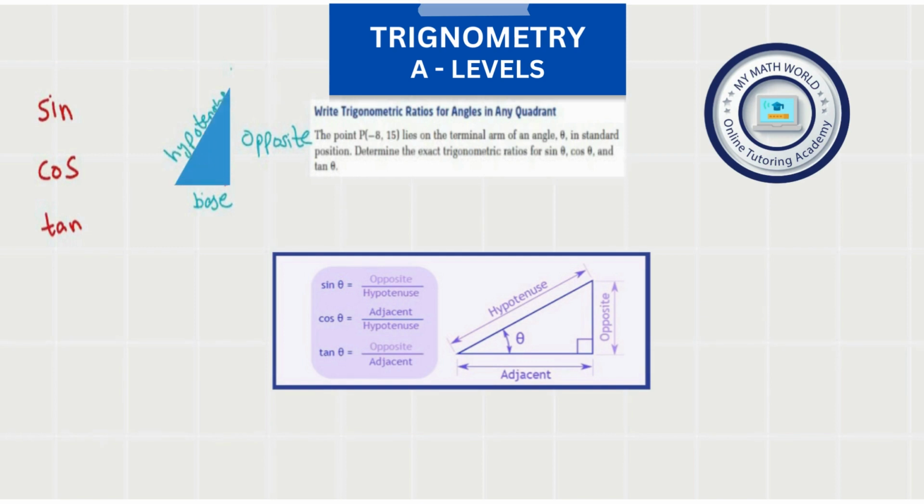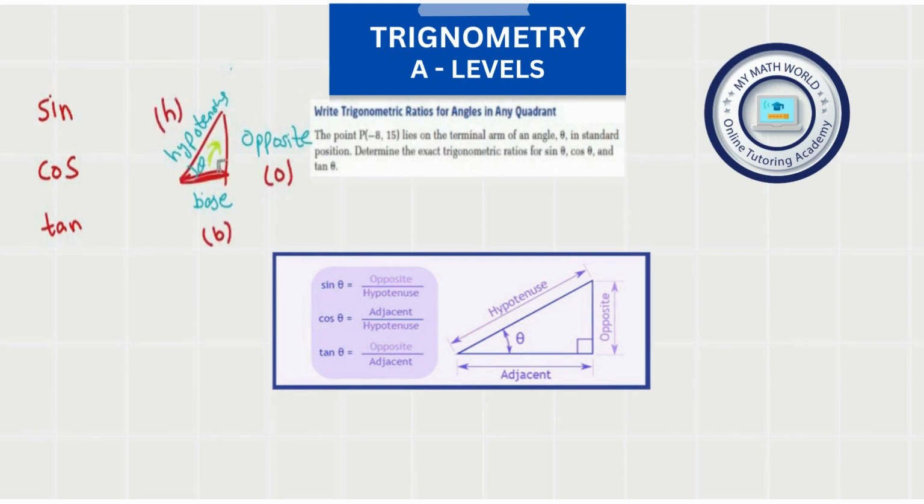Okay students, so let me first tell you about the opposite side, and why this side is opposite, because it is exactly opposite to the angle theta. This side is exactly opposite to angle theta, that's why we call that side the opposite side. Now, if we denote this opposite by O and this base by B and this hypotenuse by H,